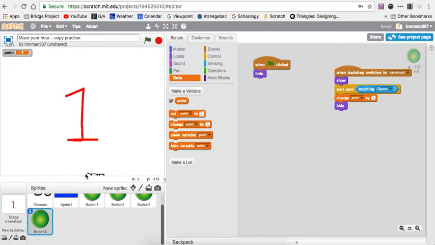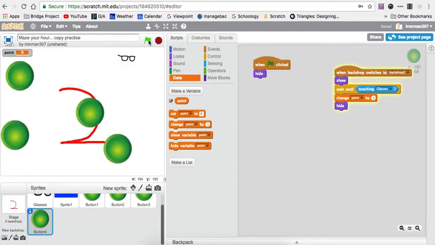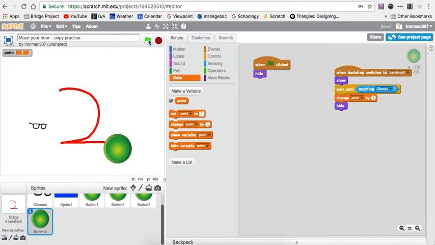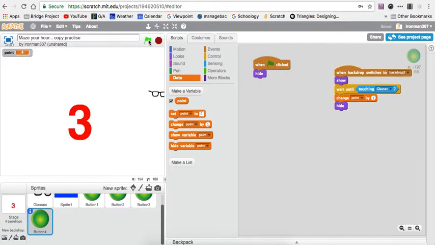I have my level 1, my glasses, so I'm just going to run this through. I click the flag. There are my glasses, they move. So on level 1, I want to move the glasses, not go through a color, and when I touch a button, get to the next level. Level 2, our objective here was to collect some little dots for points, run through, and so now I'm on